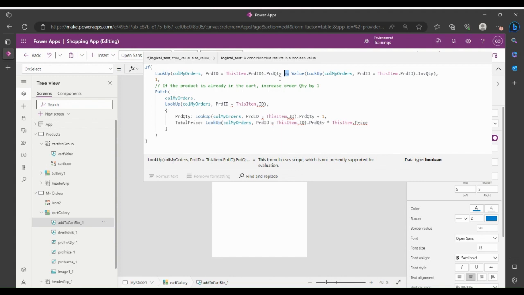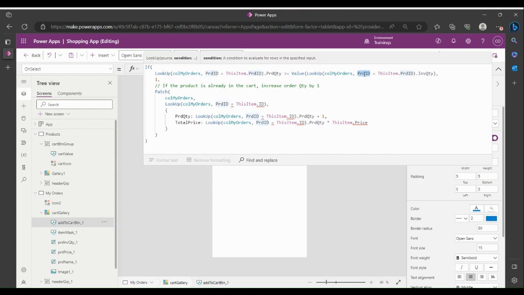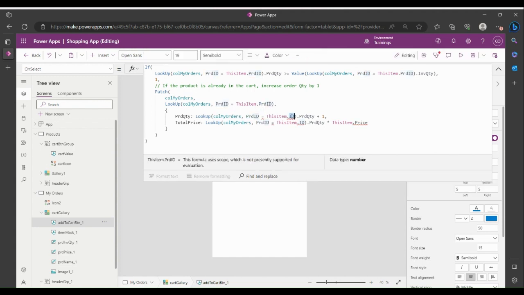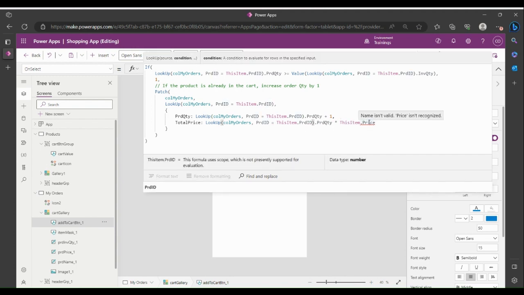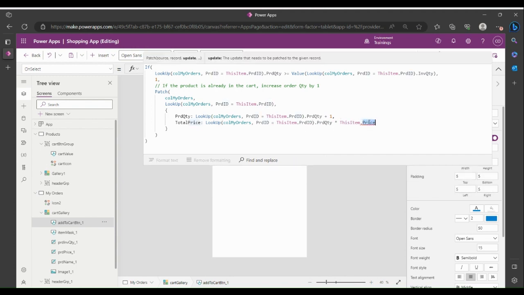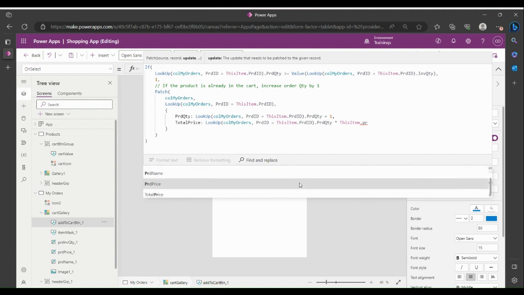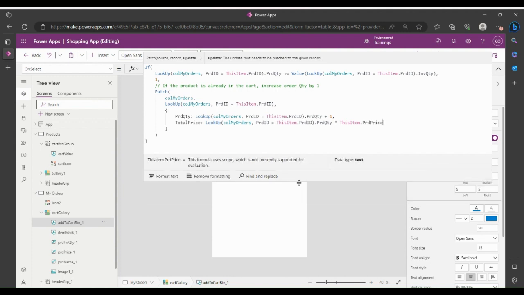All right. So given that that is sorted out, I'm going to come back here, replace this with the context, the ID context, and then the price is now going to be PRD price. Okay, so if what we are already adding to cart has equated what we can sell,